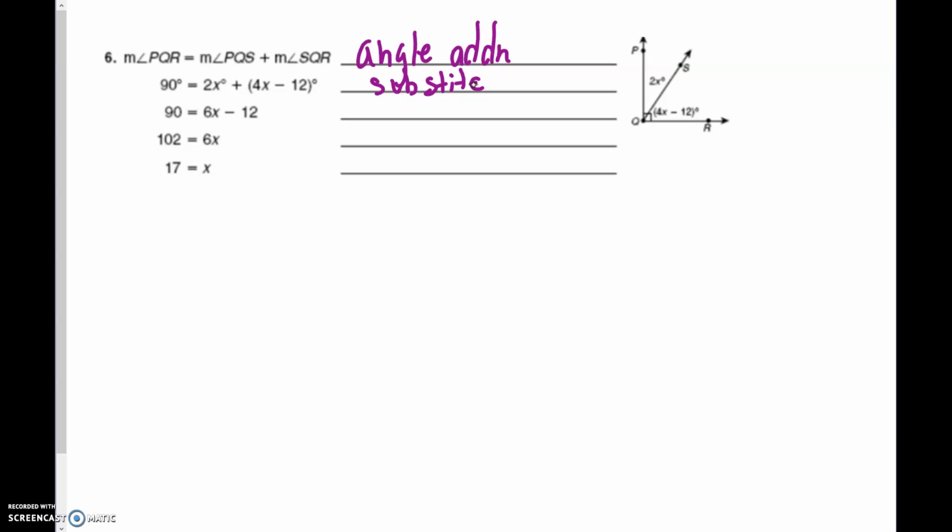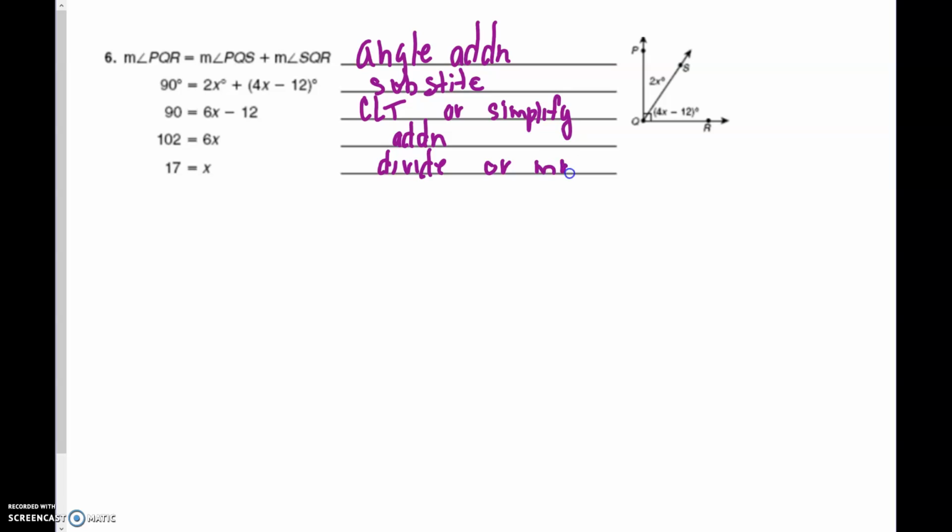All right, in the next one, it looks like we're cleaning things up a little bit. So we've got 2x plus 4x. So again, this one is called combine like terms, or if you wanted to, you could call it simplify. And in the next one, it looks like they are using the addition property of equality because they are adding 12 to both sides. And in this next one, they are using division, or you could say that they are